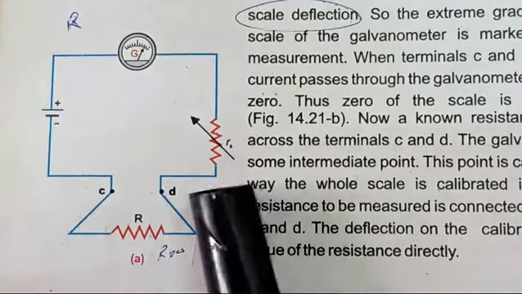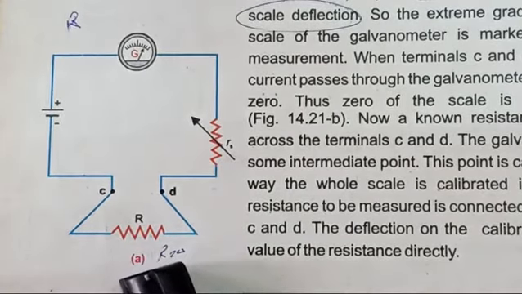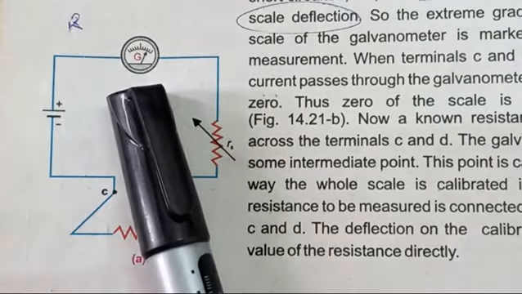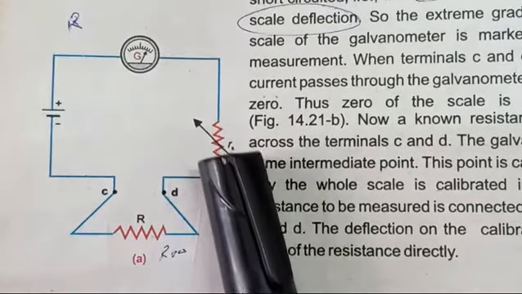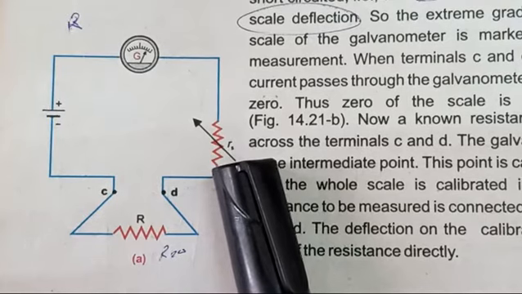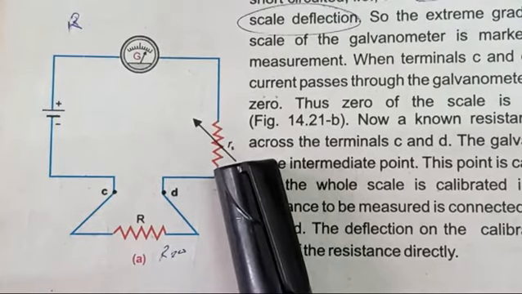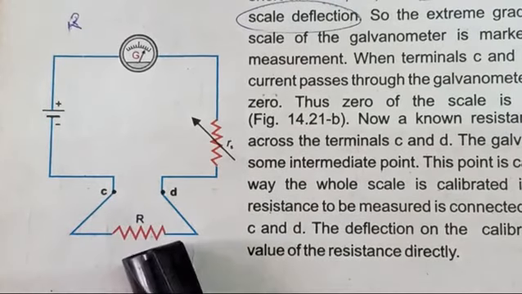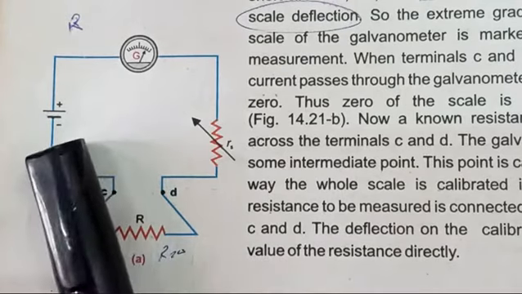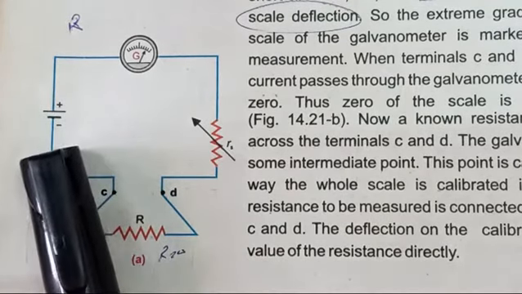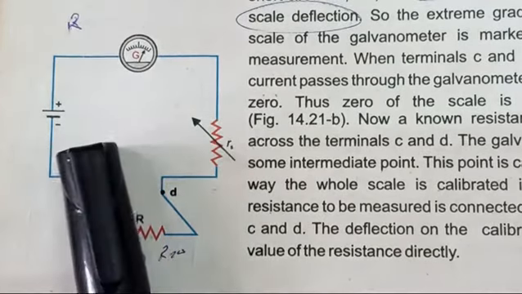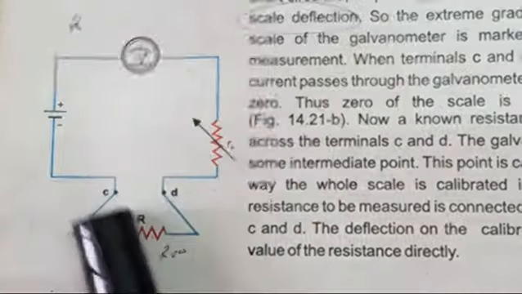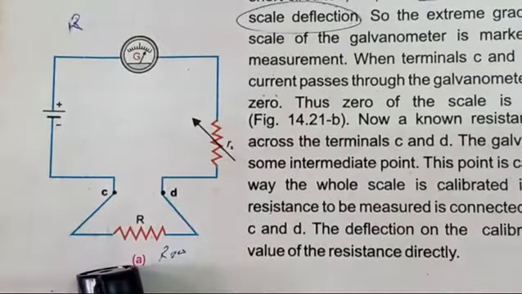This is the circuit diagram of ohm meter. In ohm meter construction, there is a galvanometer, variable resistance, that is represented by Rs. While there are two terminals C and D, and there is R unknown resistance which is to be measured, and there is a battery having some voltage potential difference having two terminals, positive and negative one. This is the complete circuit diagram of an ohm meter.